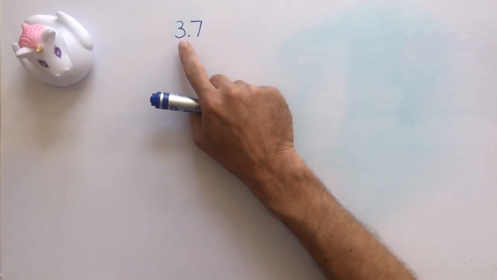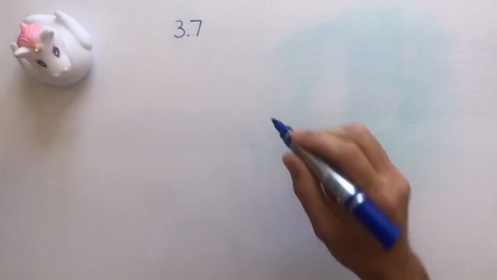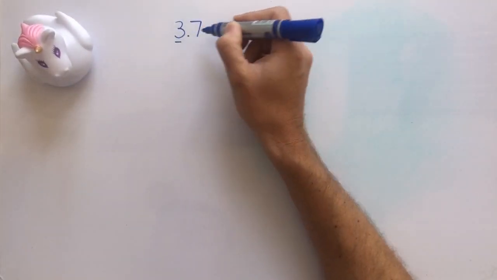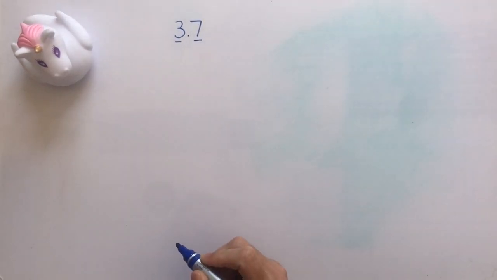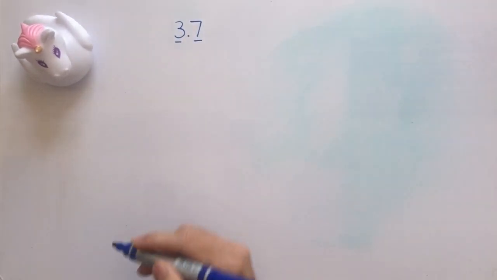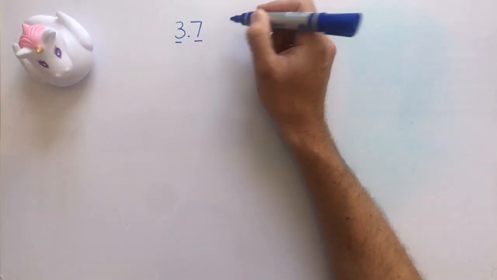Today we're going to be looking at counting forward or on and back in decimals. So we're going to start with this decimal 3.7, and obviously this is the whole number 3, and then this is the tenths place value, which would be the 7. So that is 7/10. So if I were to add 1/10,